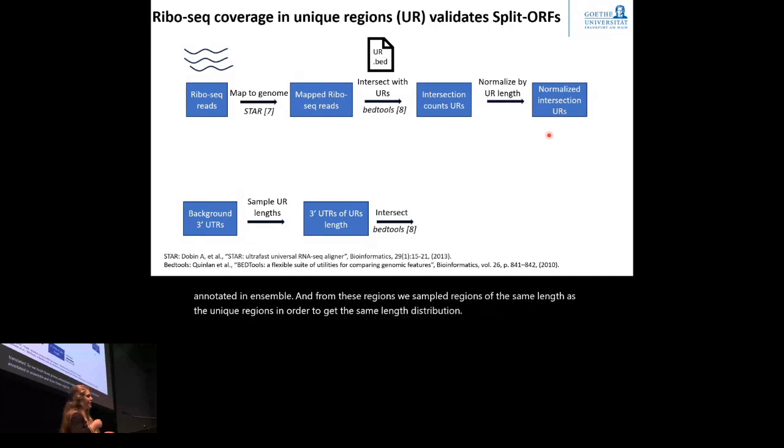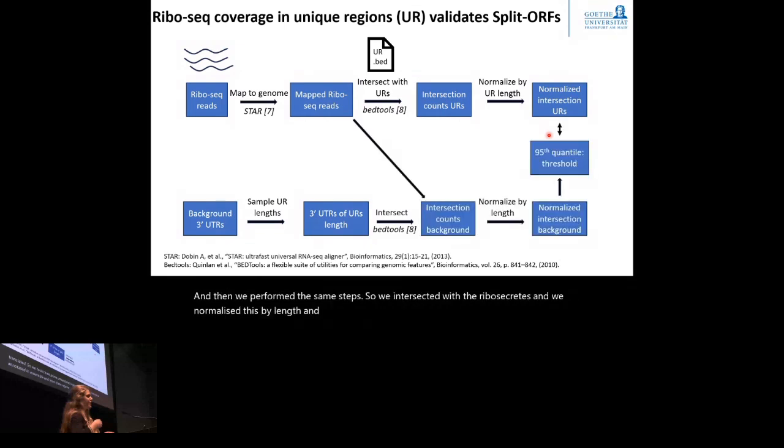And then we performed the same steps. So we intersected with the ribosec reads, and we normalized this by length. And from this, we got a background distribution, and we took the 95th quantile as a threshold and said, if we observe more coverage in a unique region than this 95th quantile of the background, then our unique region is